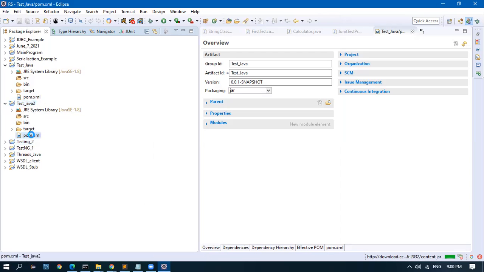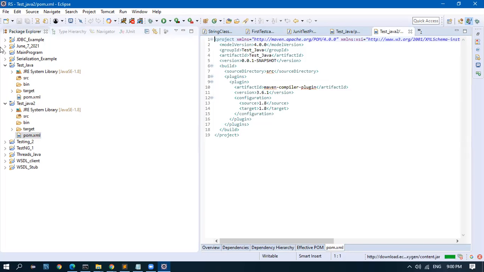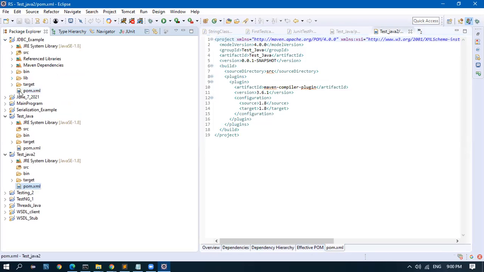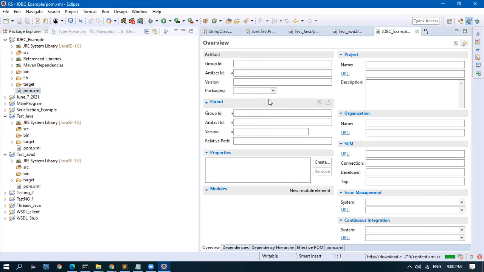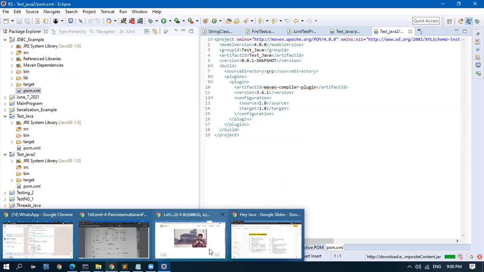Now let us assume I place an entry here. I go into the pom.xml and let me copy from one of the previous projects, one for JDBC. We just need one entry so that the jars will be downloaded. Oh, Hibernate will take a long time. All right, I'll do one thing.